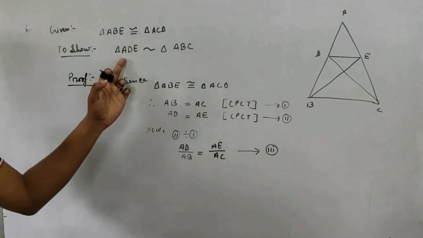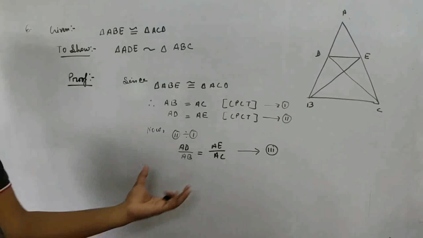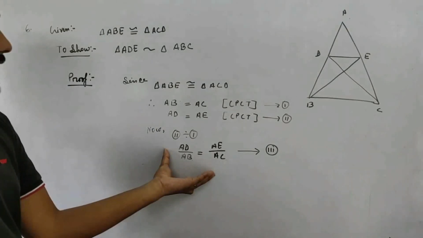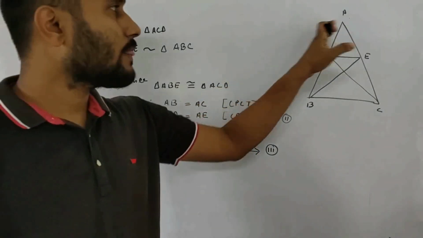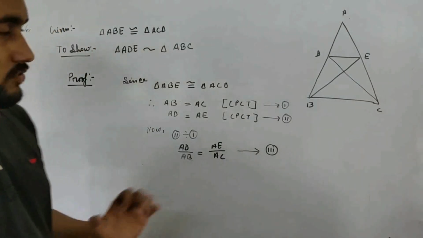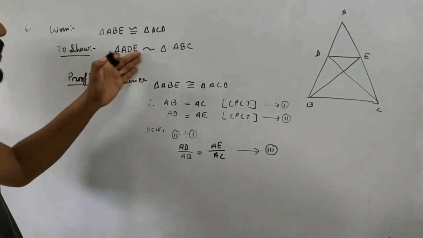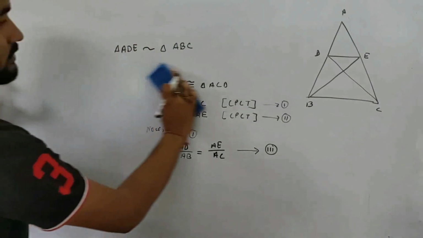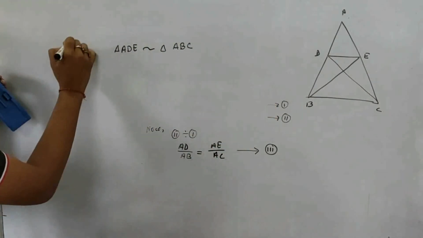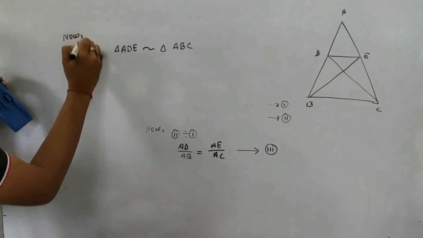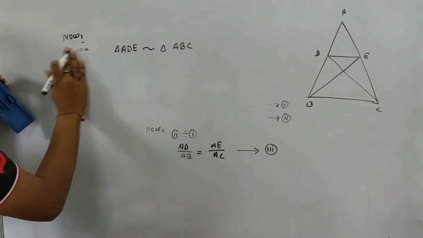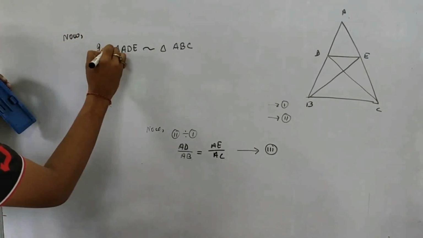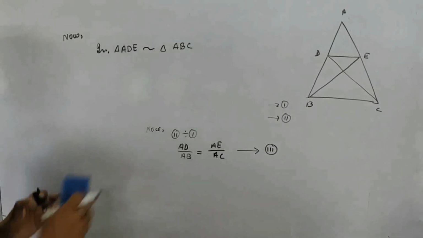Done. This one we will use. One angle we already have, angle A, the common angle. We have got the touching sides, the adjacent sides. So job done. So now directly consider this one. Now consider this in triangle ADE